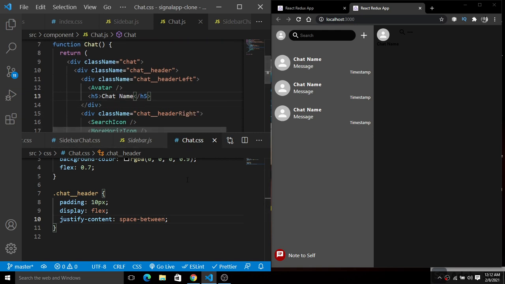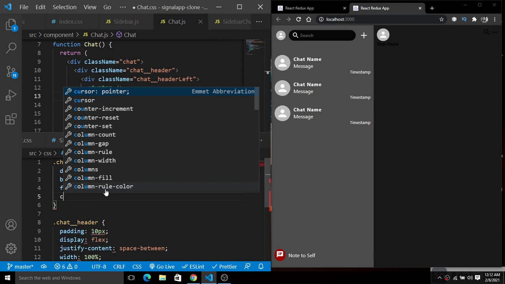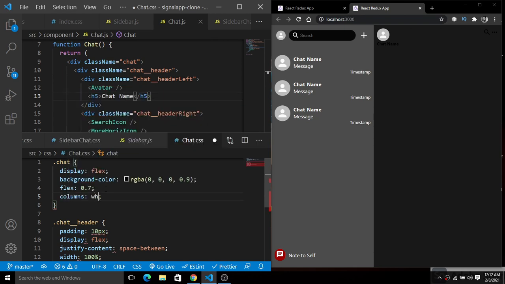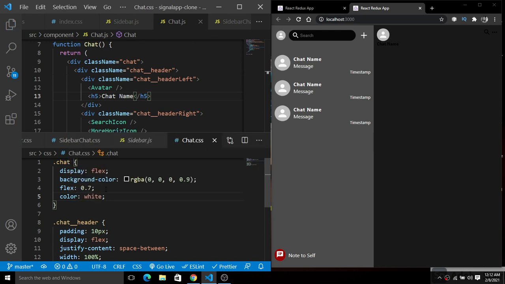Okay, and now here we have this chat, and for the header simply give a width of 100%. Now for the sake of this time, I will simply give the color of white for some time, so you guys can easily see here.